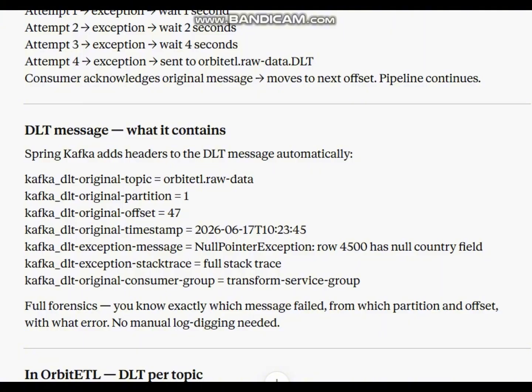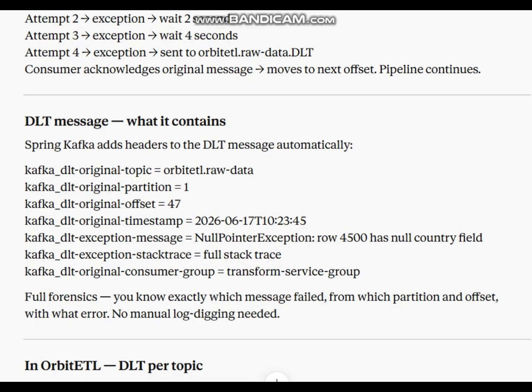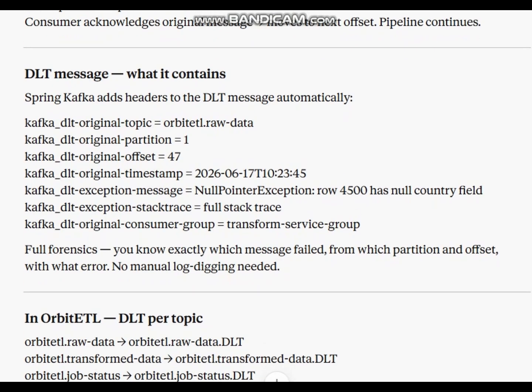Kafka DLT exception message: null pointer exception, row 4500 has null country field. Kafka DLT exception stack trace: the full stack trace. Kafka DLT original consumer group: transform service group. Full forensic, you know exactly which message failed from which partition and offset, with what error. No manual log digging needed.